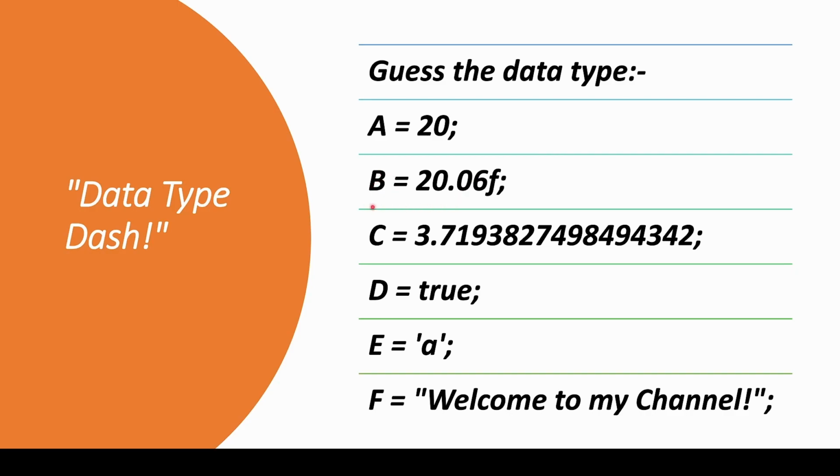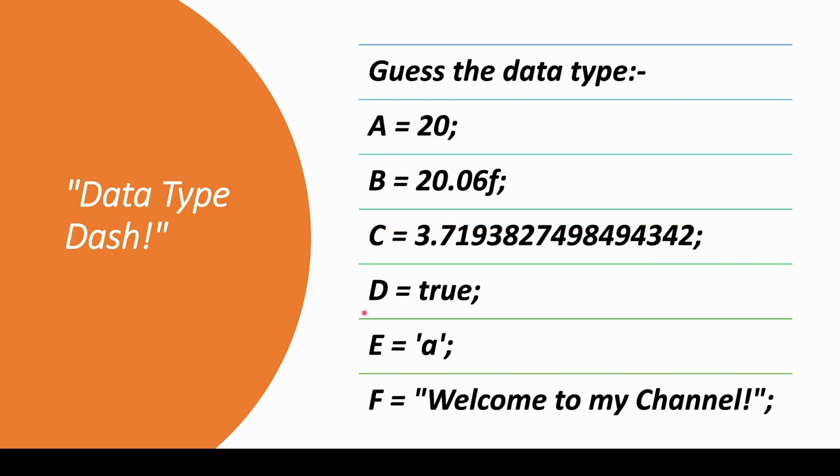And B is of type float because, as I said earlier, it has f. I earlier told you how to identify a floating point number, and you also see that it has a decimal point. There are two indications that it may be float. So the correct answer of B is float. And C is of type double. As you see, this number is quite large and it has a decimal point. So this is of type double,